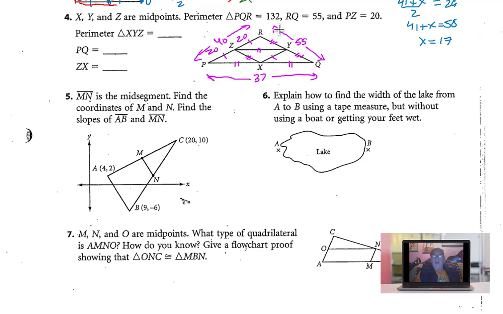And then, so let's see, half of 55 is 27 and a half, which is going to be each one of these. And half of 37, or 18 and a half, is going to be each one of these. So let's see what they're asking us. The perimeter of XYZ,